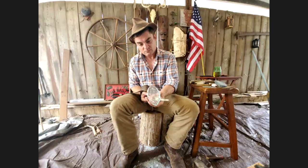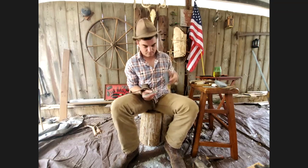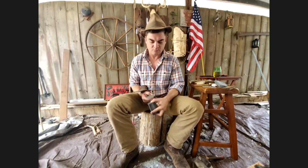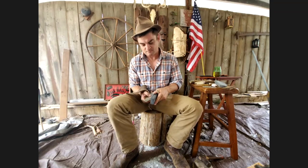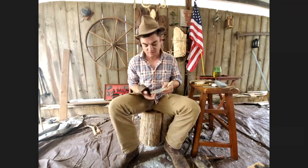And we got another question here I missed from Austin. He was asking about the stone you're using. That one's a landscape stone. But he said, what other stones would you be looking for? Is it the density, the shape, the size? What's the most important factor? That's an excellent question. And it could take a long time to answer. But essentially what you're looking for is a really tight grained